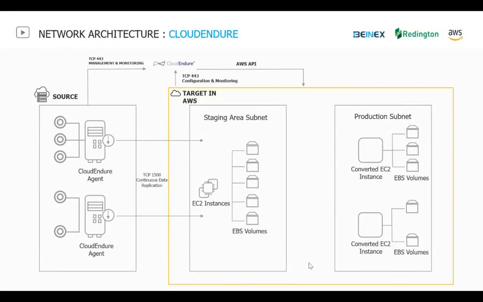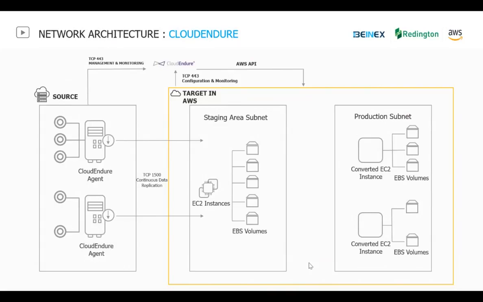But staging is a temporary area which allows you to have the replication setup, in simple words. Now, to allow replication, you just have to allow TCP 1500. This is the replication port used by Cloud Endure, and you have to allow this connectivity. It should be bidirectional, because we may do a failback also, so allow bidirectional connectivity.